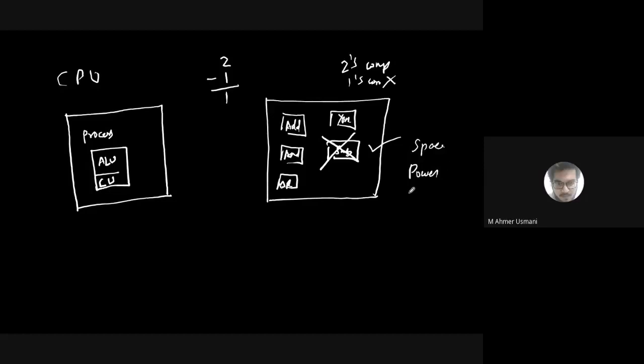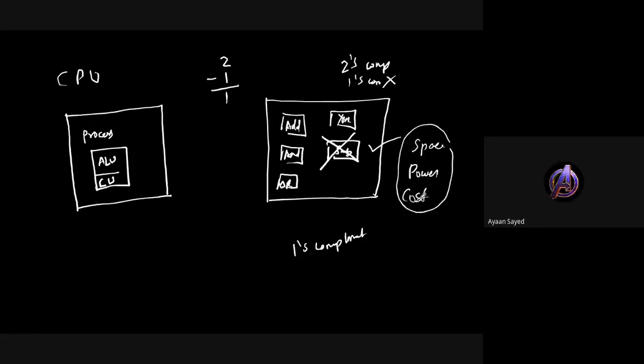उसके अलावा cost, can I reduce the overall cost of the processor? Yes. So ये सब बच जाता है आपका अगर आप एक कंसेप्ट सीख लेते हो which is called one's complement. So the reason for studying one's complement is all these reasons. We are just trying to remove that circuit. That is the whole purpose of studying one's complement and two's complement. वरना normally भी हो जाता. But that is the advantage that we get. Is it clear? Yes, sir.